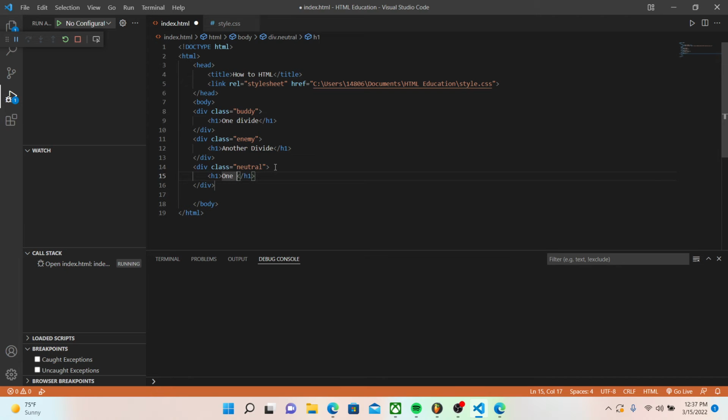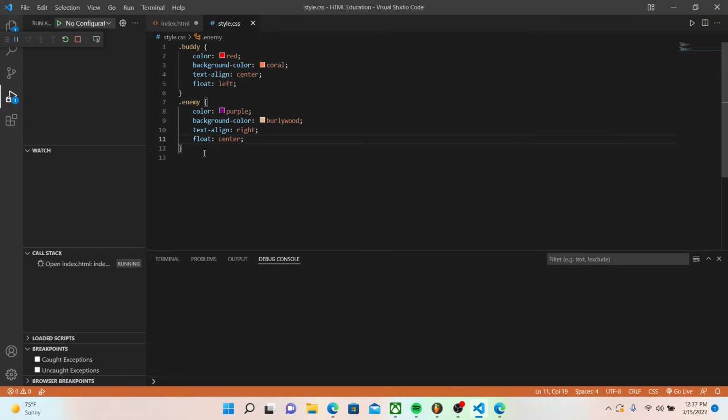And then one more div. There we go. And I'm going to go back to CSS and do the same thing. I'm going to make this a float to the right. So dot neutral